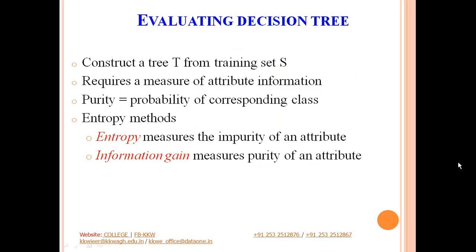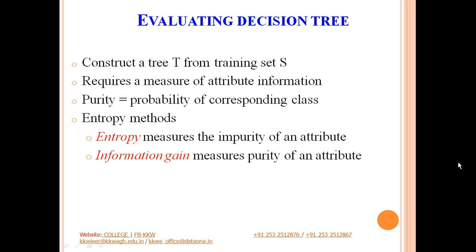That is, these are the measures using which we are going to select which attribute gives us the most information, or is the most promising attribute that we have to consider for testing at a particular node. So for selection of a particular attribute out of the available attributes, we use these 2 measures, that is entropy and information gain.